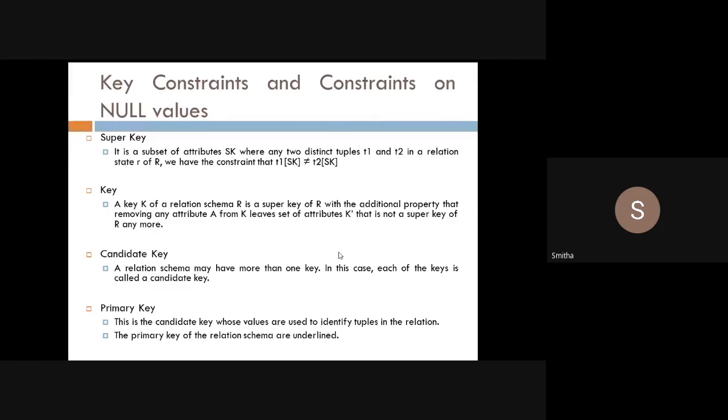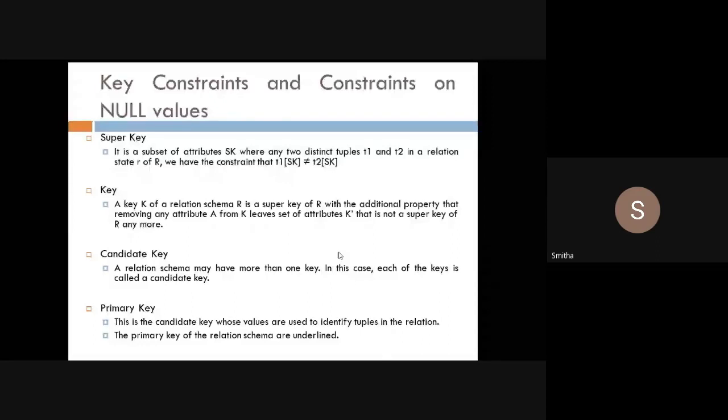This is the candidate key whose values are used to identify tuples in the relation. The primary key of a relation schema is underlined. When we underline a particular attribute, it is called the primary key. Now you will think, what is the difference between this key and primary key?